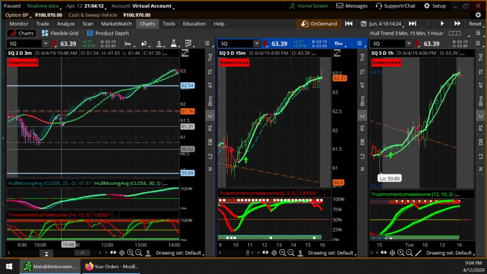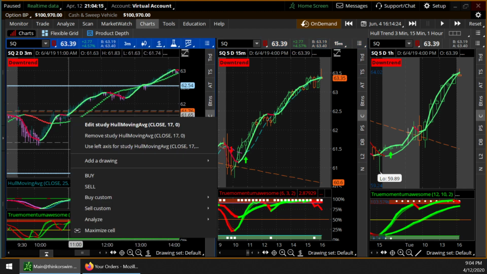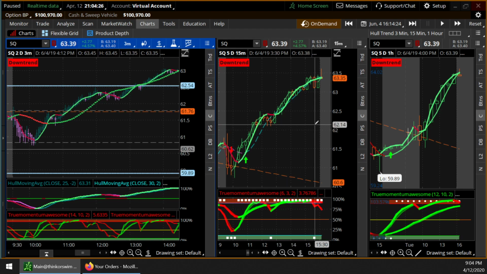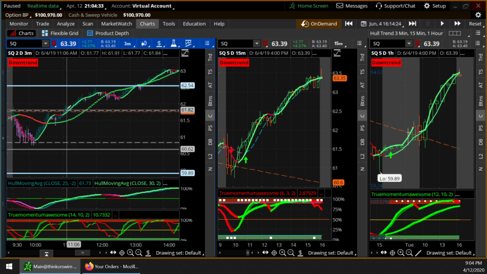So back to the 3 minute here. You have a 17 hull. This hull here is your shorter average. You can enter positions and exit positions based purely off of this hull if you want. So if you see overall you're starting to trend green, then you see your hull 17 here is green, you could buy a call here and you could sell your call as soon as that 17 hull started to turn red. That's a nice, easy ride up there, and it's so easy on your anxiety